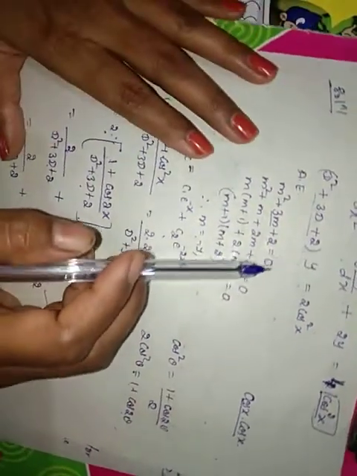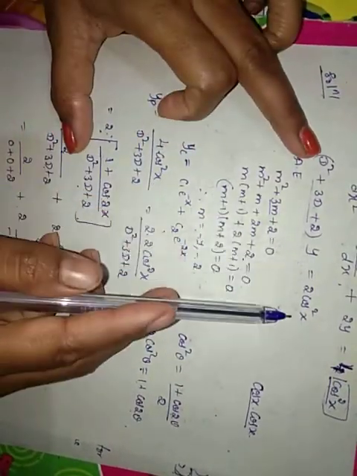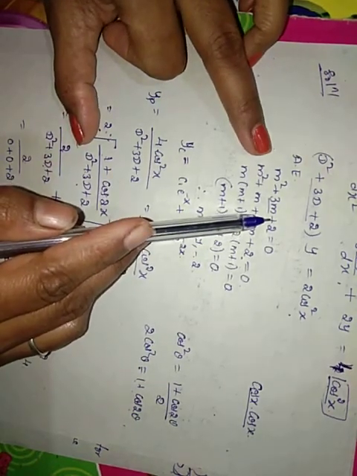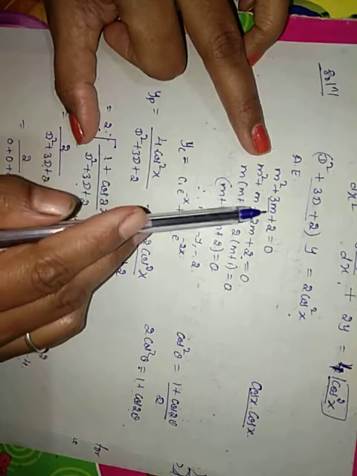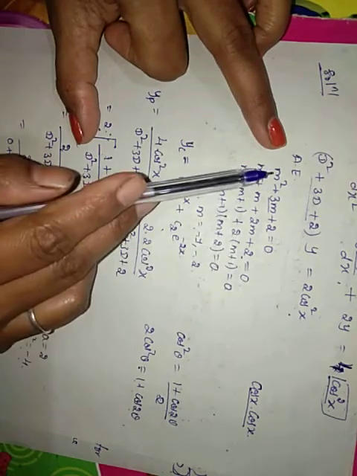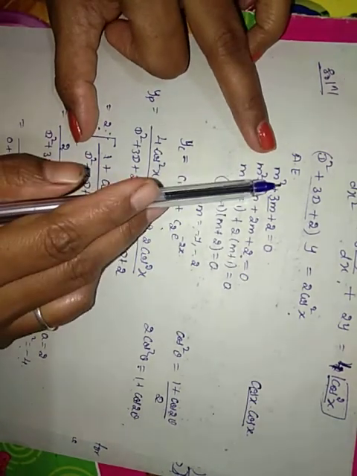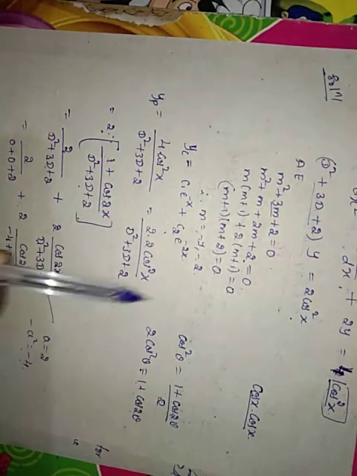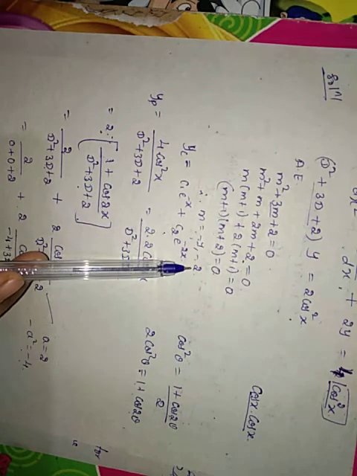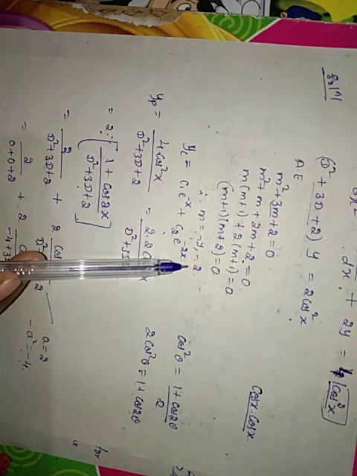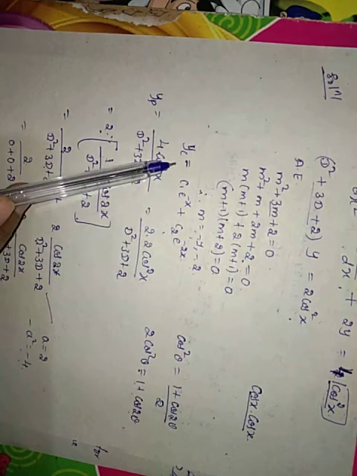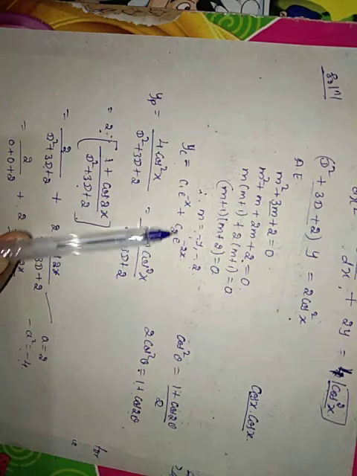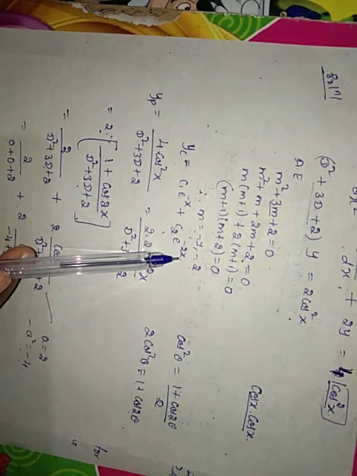See here, first we write the given equation in the form of f of D of y equal to phi of x. So first we have to write down the auxiliary equation. So our auxiliary equation is m square plus 3m plus 2 equal to 0. We have to solve this auxiliary equation. It is a quadratic equation, so directly we go for factorization. So we got the two roots, that is minus 1, minus 2. Both the roots are real and distinct here. So we get the complementary function as c1 e raised to minus x plus c2 e raised to minus 2x.